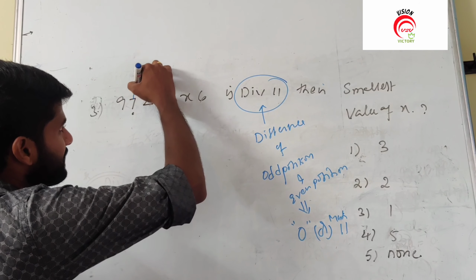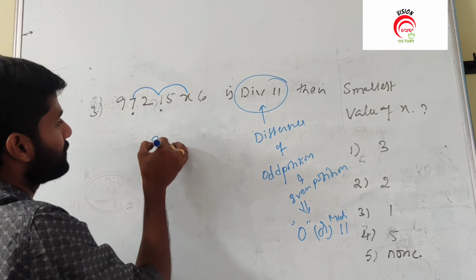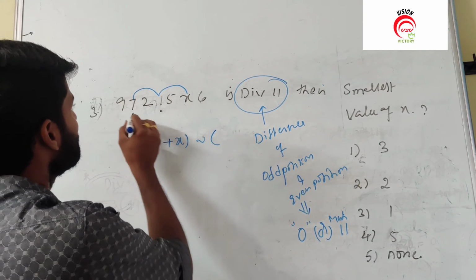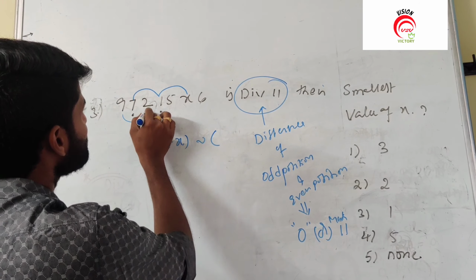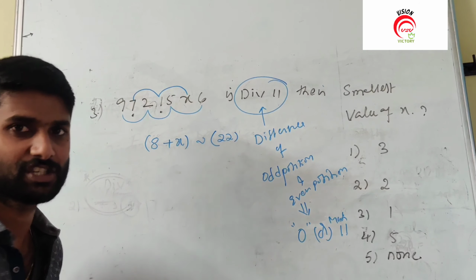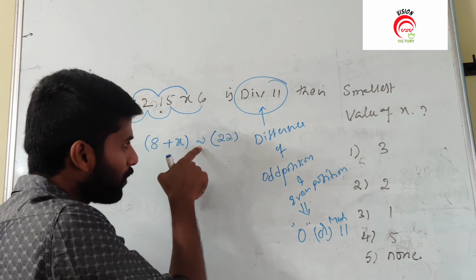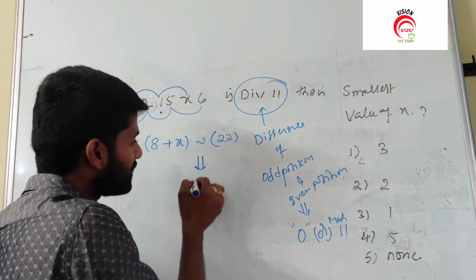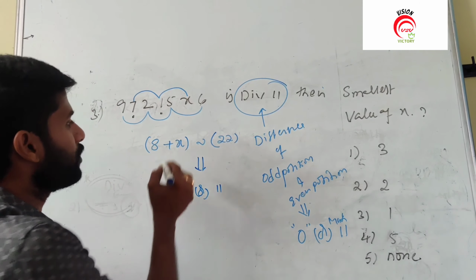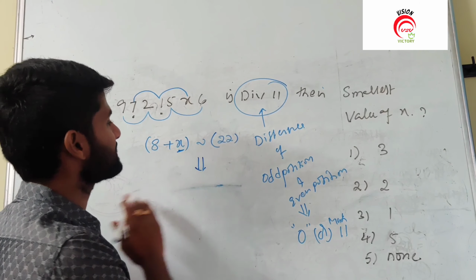See, 7 plus 1 plus x, the value becomes 8 plus x. So that is the difference. And we know the value of this one: 9 plus 2 plus 5 plus 6, the entire resultant is equal to 22. We know that for the difference of these particular numbers, we want either 0 or multiples of 11. Then what is the replacement of x? So what are the chances of x?